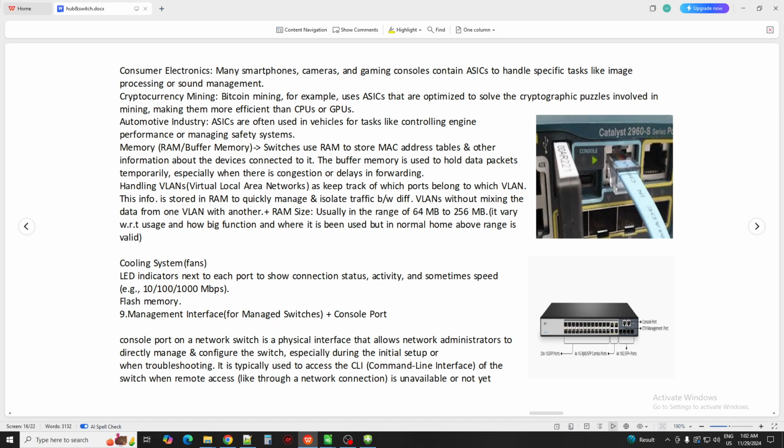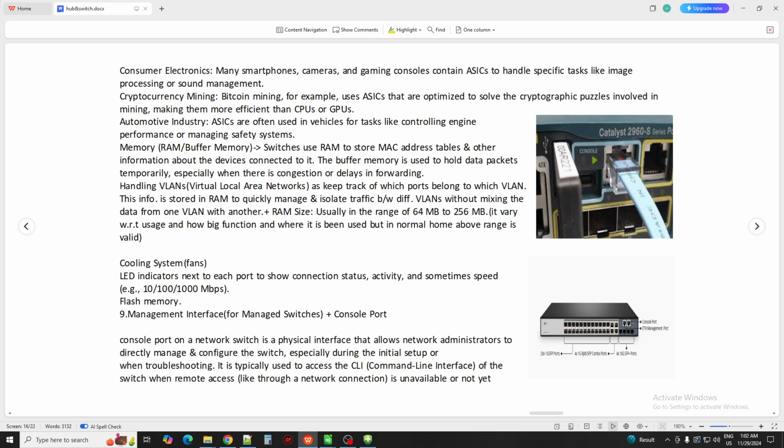They are general purpose, and you are using them for a specific purpose, so their power is reduced. But an ASIC knows what it has to do, and it is going to do that. In the automotive industry, for example, in controlling engine performance or managing safety systems, ASICs are helpful.